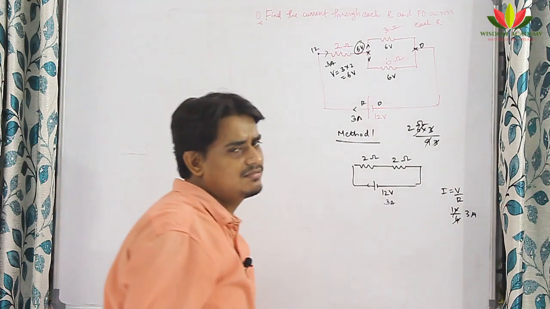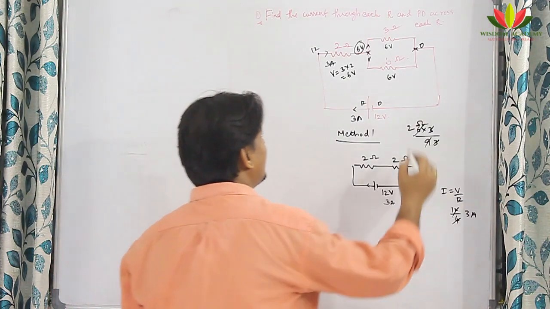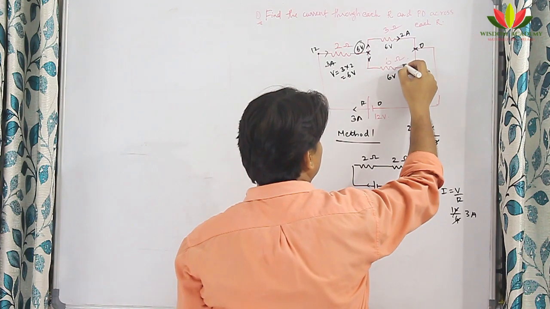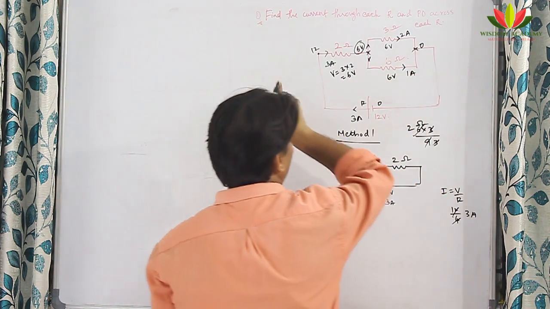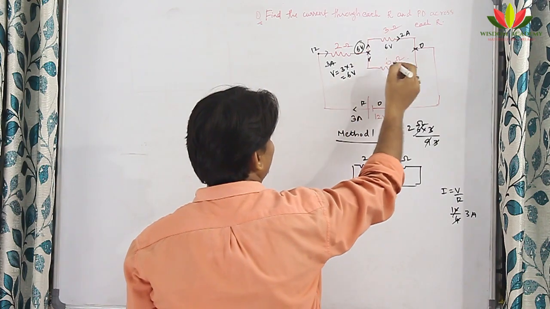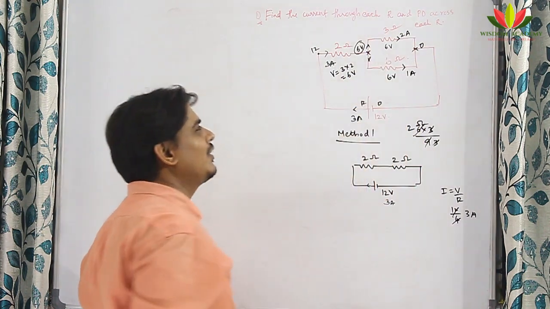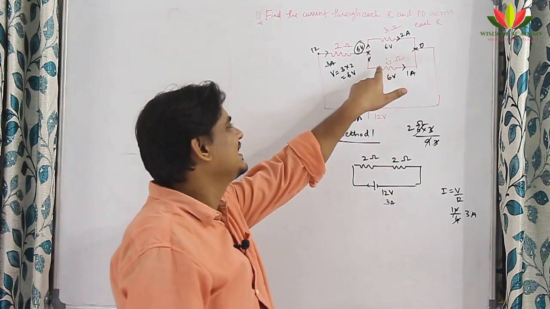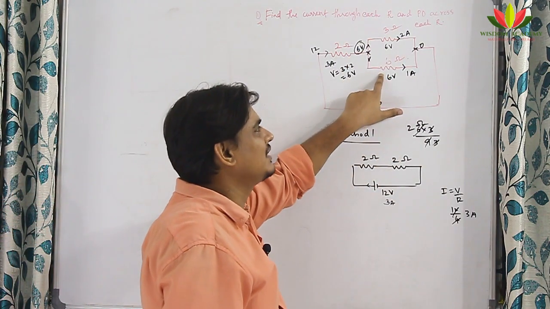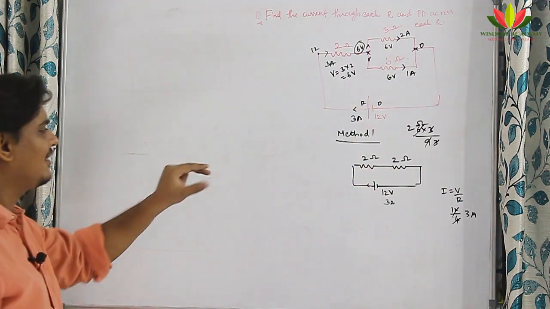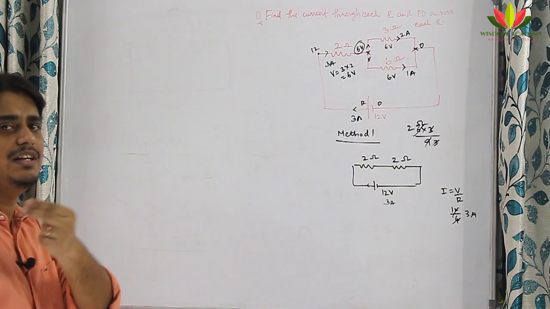So what is the current? Very easy to find. I is equal to V by R. 6 by 3, so here 2 ampere will come. 6 by 6, here 1 ampere will come. So out of 3 ampere starting from here, 1 ampere will go down, 2 ampere will go up. One more way of thinking is, since it is double resistance offered in this, half the current will go in this. That is also one way of thinking. This was the easiest method, the conventional method.